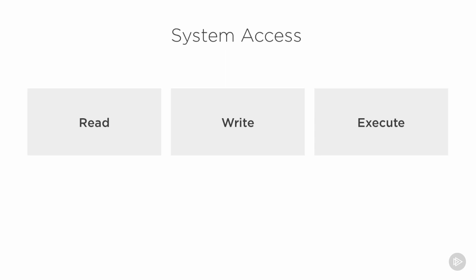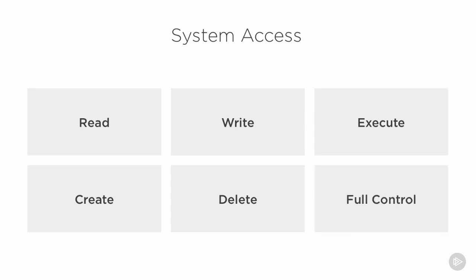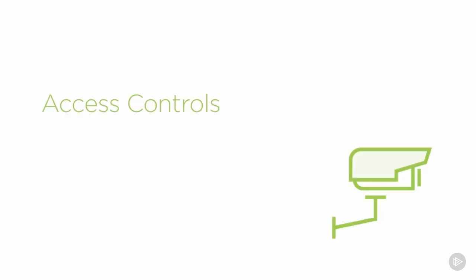We also have the level of privilege that indicates if a person can execute a certain function or whether or not they can perform a certain type of action. Can they create new records, or can they merely look at existing records? Are they able to delete records or even things like tables or databases? Or do they have full, absolute control over the system? These are all different levels of access, and it's important that we ensure that a person's level of access is appropriate for what they need for their job responsibilities.